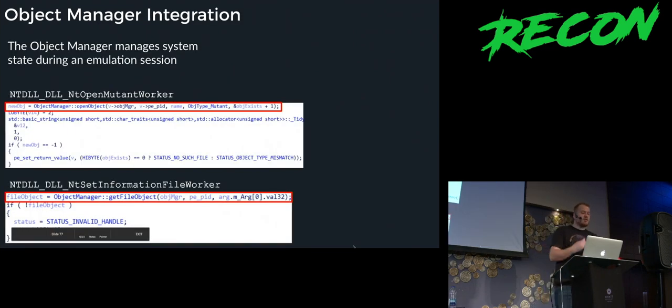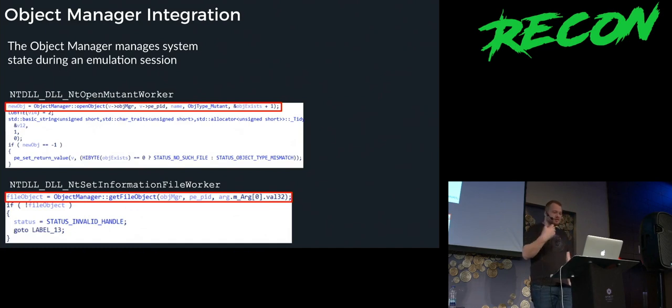Object manager is integrated throughout these virtual emulation functions. So NtOpenMutant will open an object that you pass in a handle to, or when you try to get file information, you'll open a file object. Again, this is all through the object manager. And you can see things like if we can't retrieve the file object, we set a status to STATUS_INVALID_HANDLE. We'll set that in turn to the return value of that function, setting the virtual register EAX and then